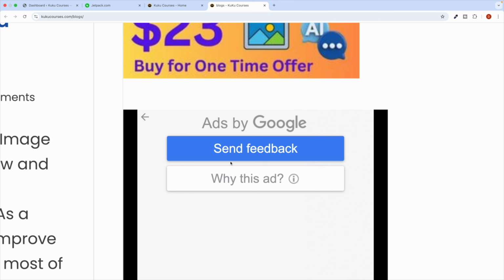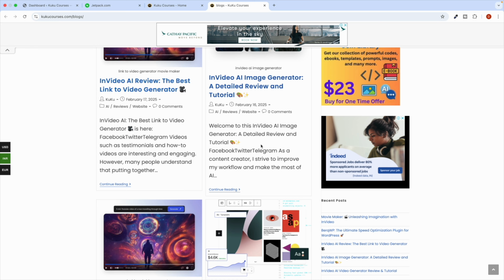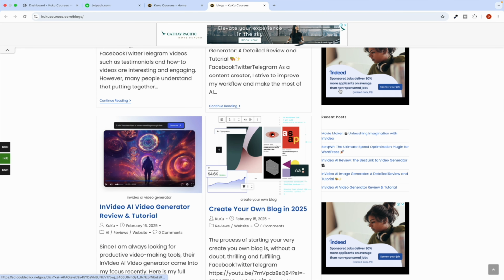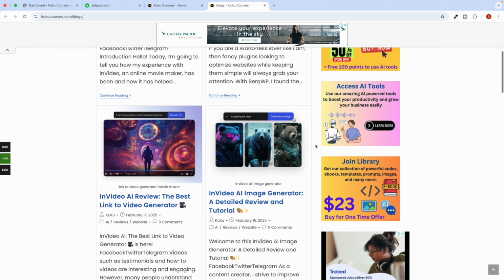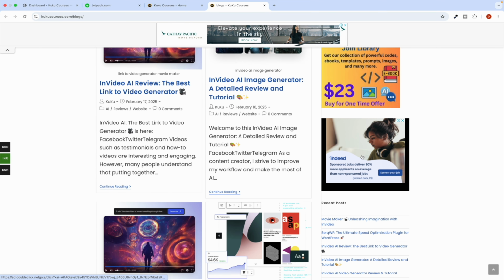If you look here, you can see "ads by Google", right? So what is this? Basically, this type of ad will help you make money on your website. Suppose this is one ad, and if someone clicks on this ad, then the domain owner, like in my case kukucourses.com is my website,